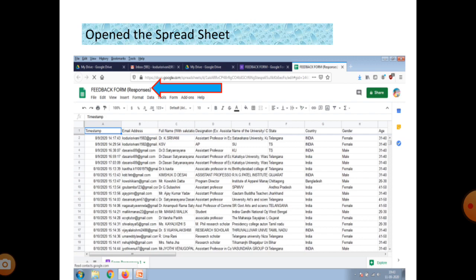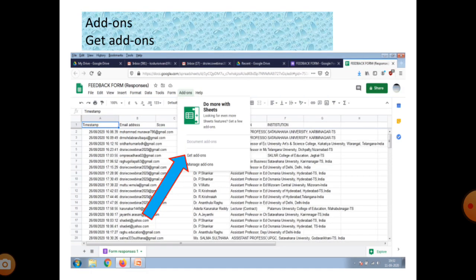So I'll open the responses spreadsheet. After that we have so many menus: file menu, edit menu, view, insert, format, data, tools, form, add-ons, help. Okay, we would like to generate a certificate. For that purpose, we should click on add-ons.